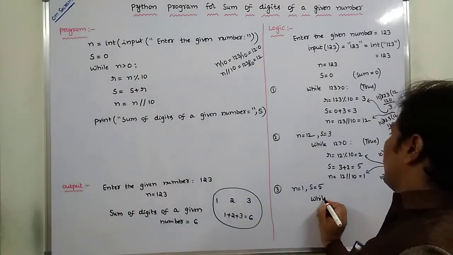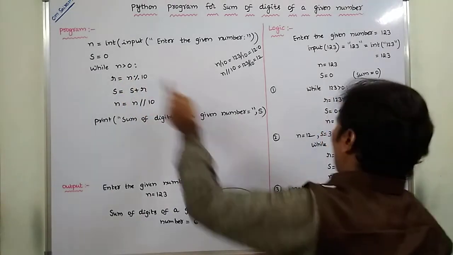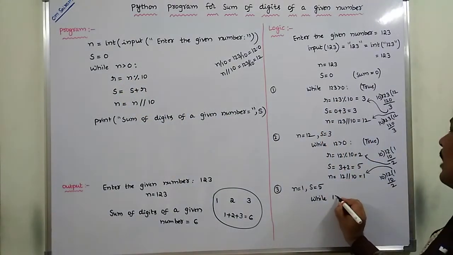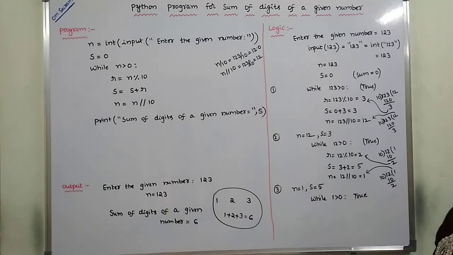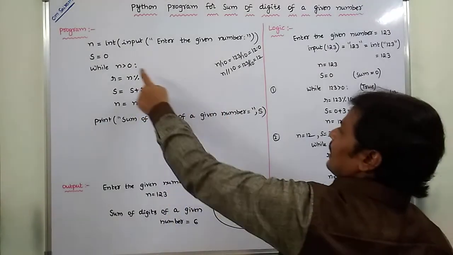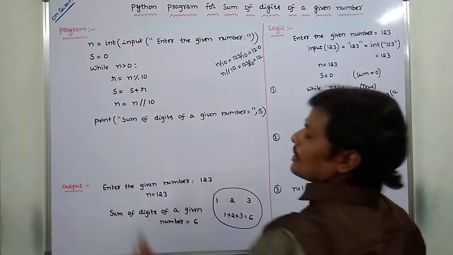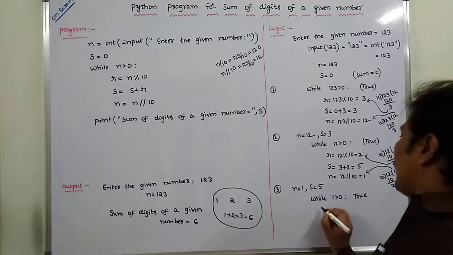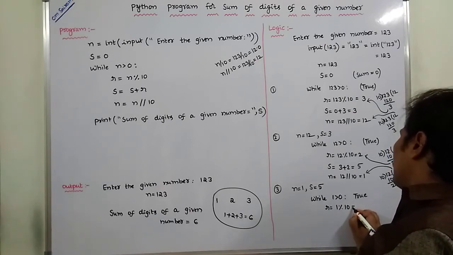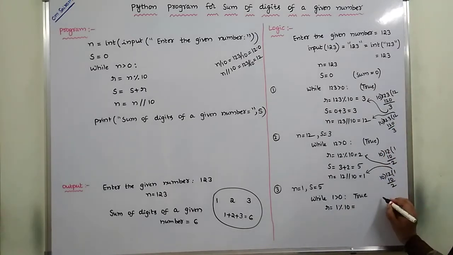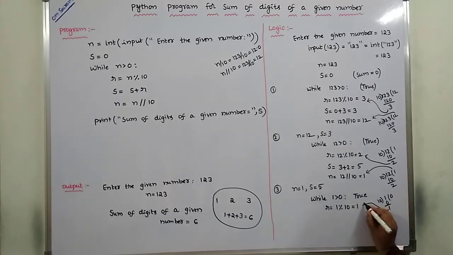While N greater than 0. N value what is? That is 1. 1 greater than 0. So that is condition is true. Okay. Next. If the condition is true, the control goes to the statements within the while loop. That are R is equal to 1 modulus operator 10. 1 modulus operator 10 means, so 1 is divided with 10. 10 0 0, remainder is 1. So this one we are taking.